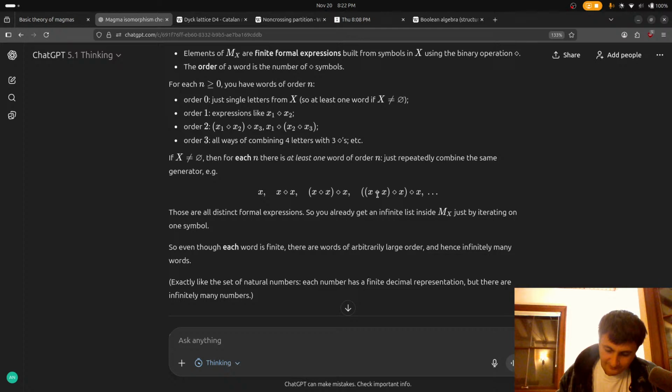So by order, we have n equal to order 1, we have x dot x, then we have x dot x dot x, and so on. x to the n, basically.